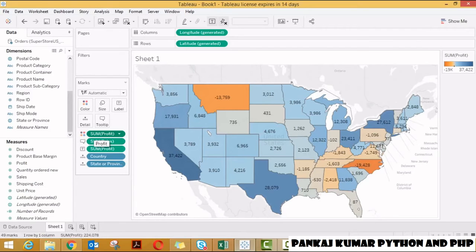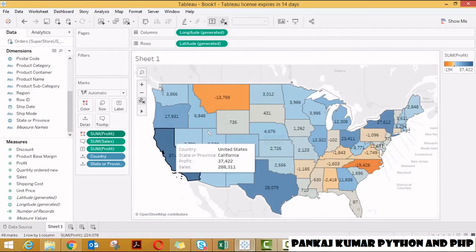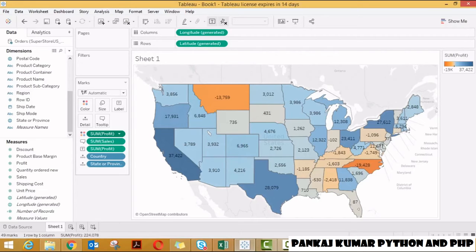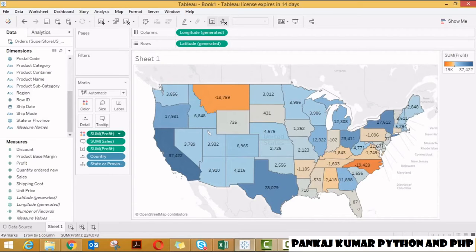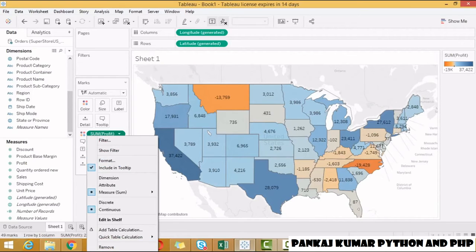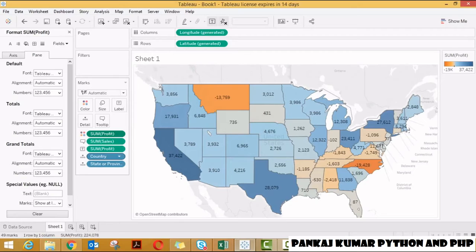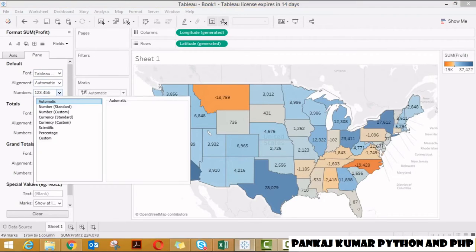Okay, so guys, this is how we analyze the data. Suppose if you want to change the format, as I told you this 3,856 is in terms of dollars because we have captured the data from the US. What you can do is just click on it, and here you will have all the options. The font size is Tableau default, and the alignment is automatic.